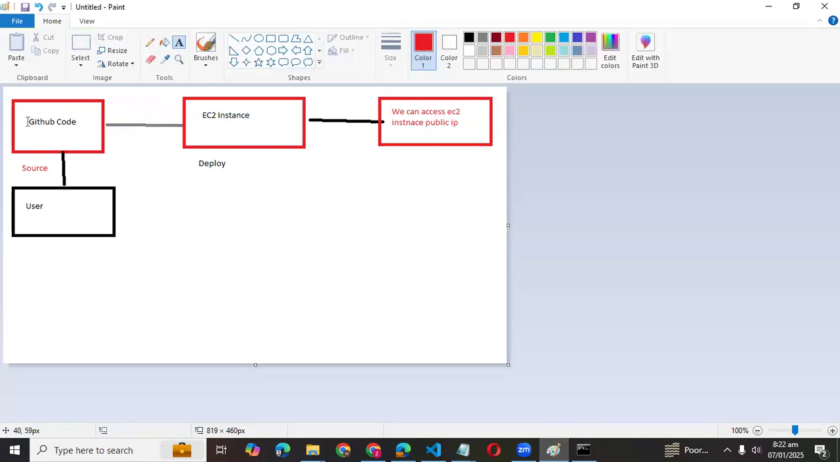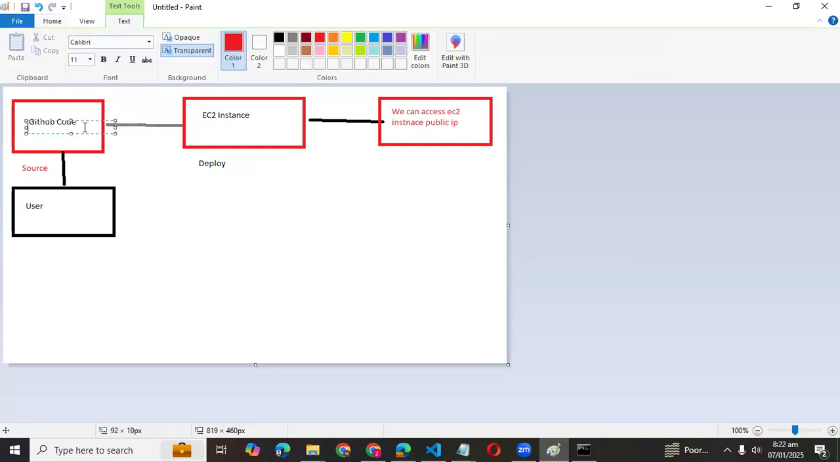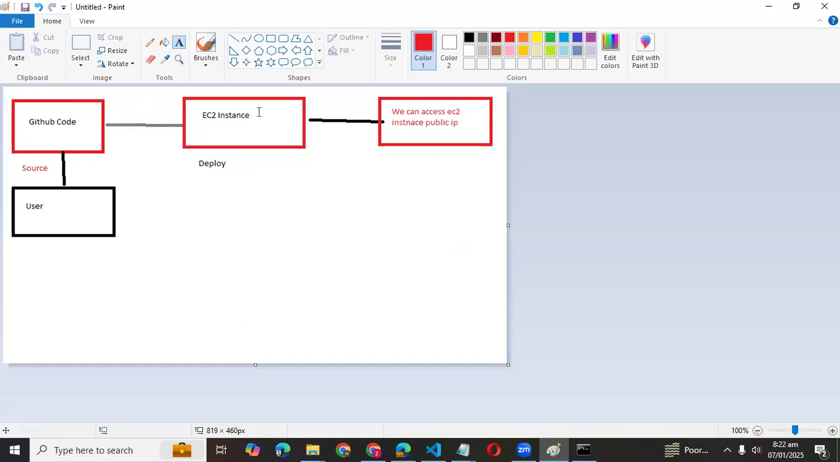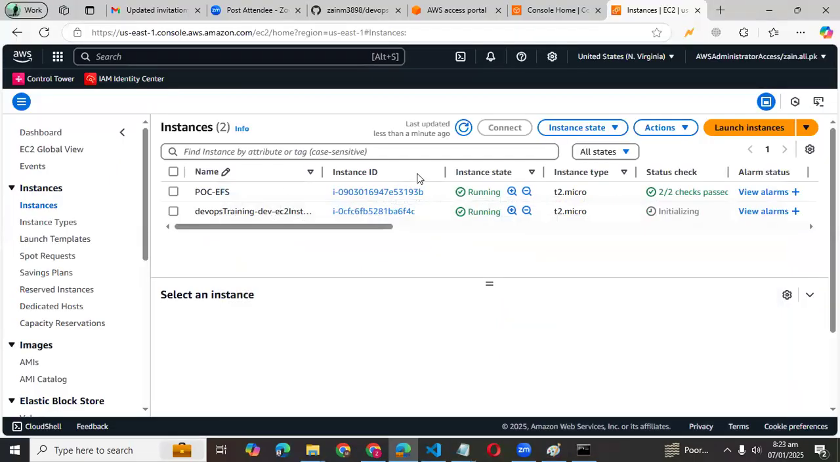We created the GitHub repository and pushed our application code into it. So we completed these two steps. Now we have to create a pipeline, in which we are going to add this repo, and for the deployment we add this EC2 instance. So before creating a pipeline, we need to create